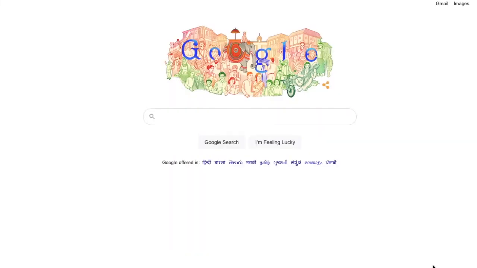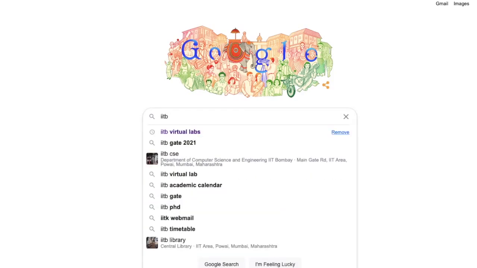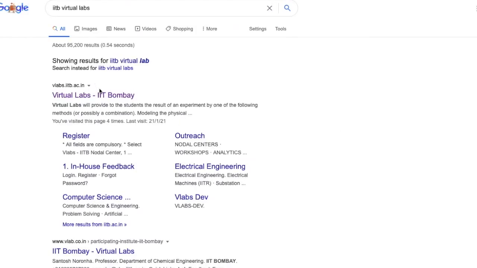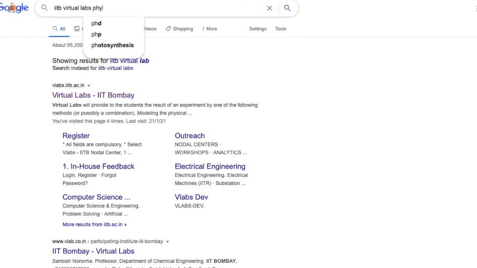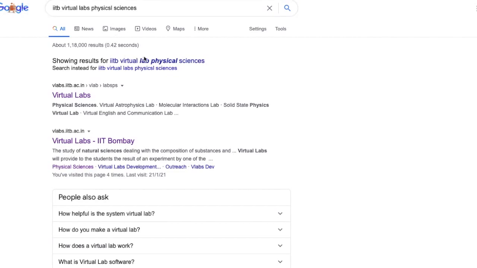We will be performing this virtual experiment on IITB virtual labs, or you can also type IITB virtual lab physical sciences. I will be giving the direct link to the experiment in the description box.